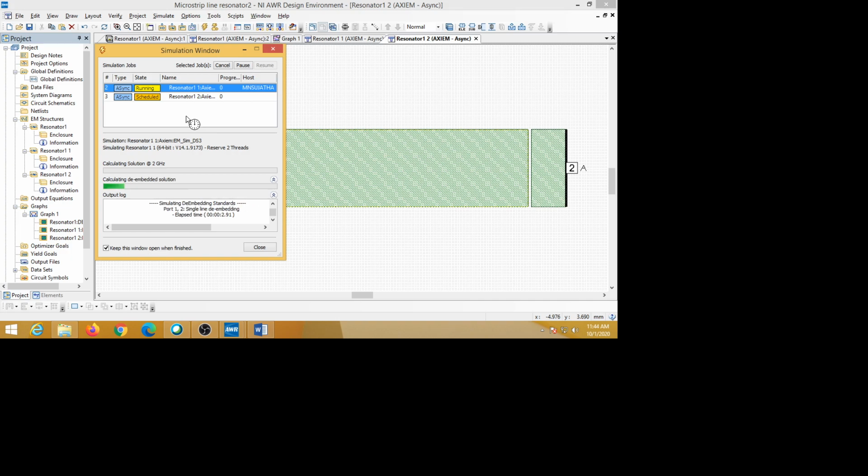Now the first one is finished, the second one, resonator 1 1, it is doing, and resonator 1 2 also should finish.